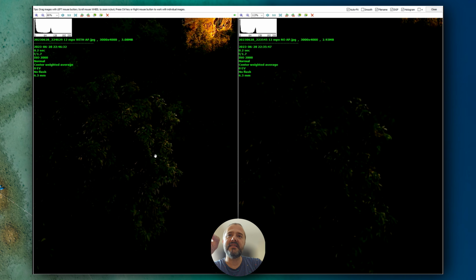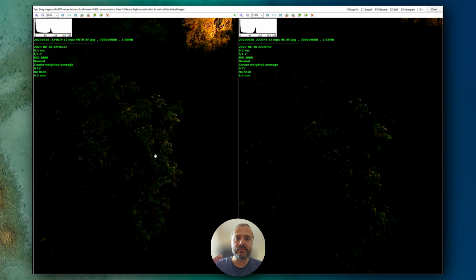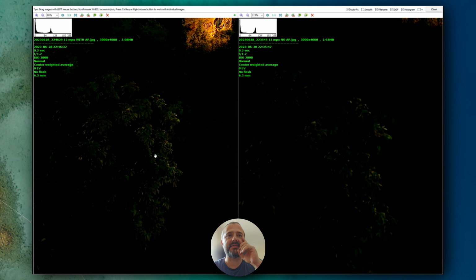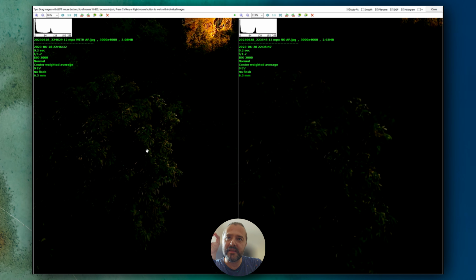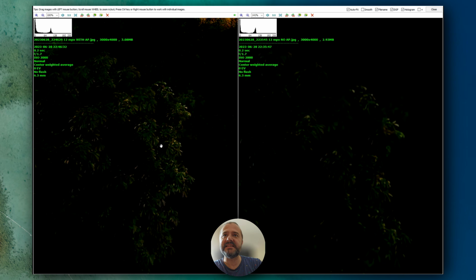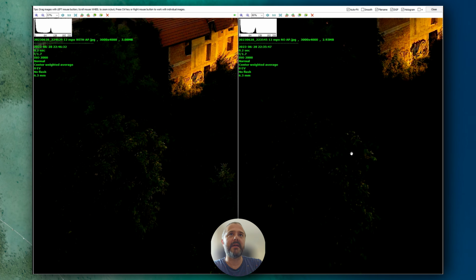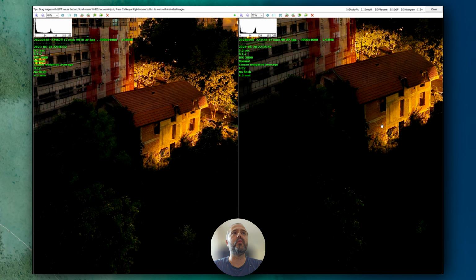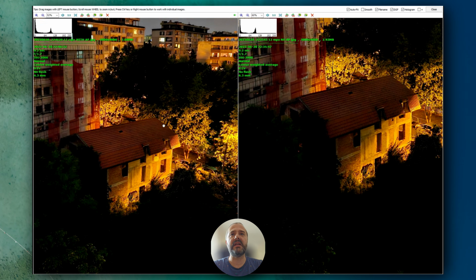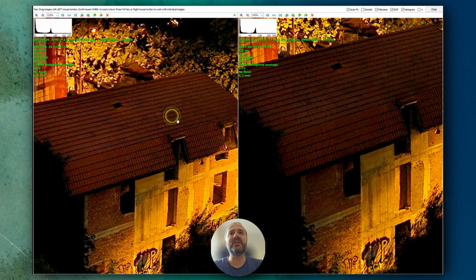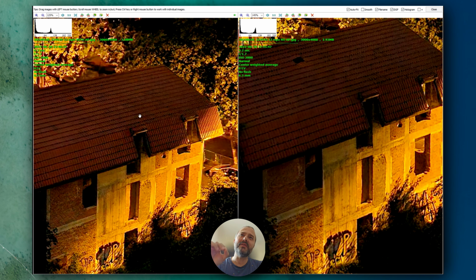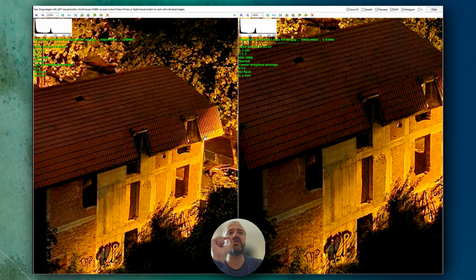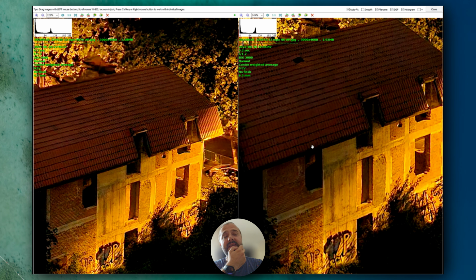The green areas here, in this case that's a 3D, seem to have a bit more detail. All right, it's not perfect, of course, it's a night photo coming from a phone, but with the adaptive pixel we can for sure see a little bit better details. Here the whole image is muffled and garbled. And if we look at the roof, for example, the roof is also very nice for comparison. Why? Because here we can see the quality of the tiles, and I would also say that the quality of the tiles looks just a slightly tiny bit sharper than what we have on the right hand side